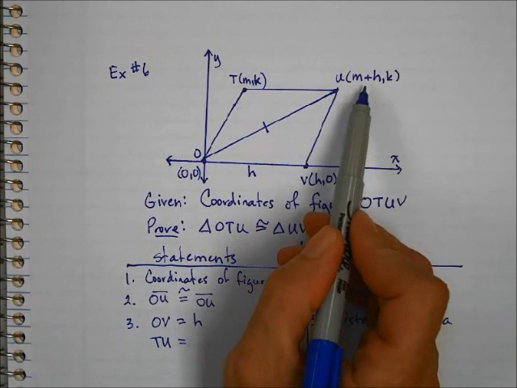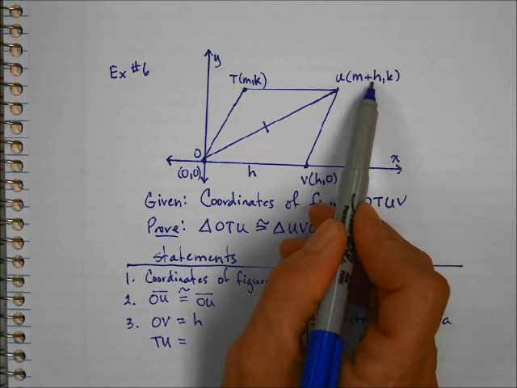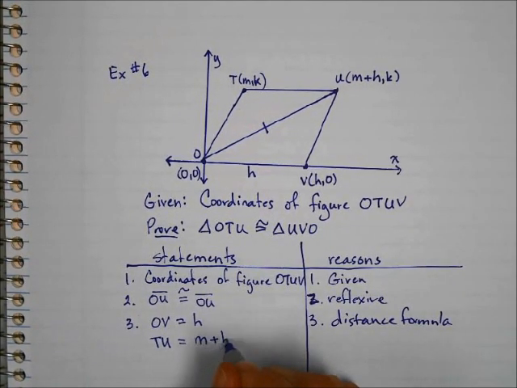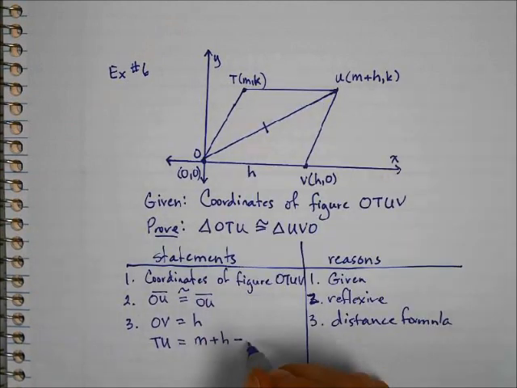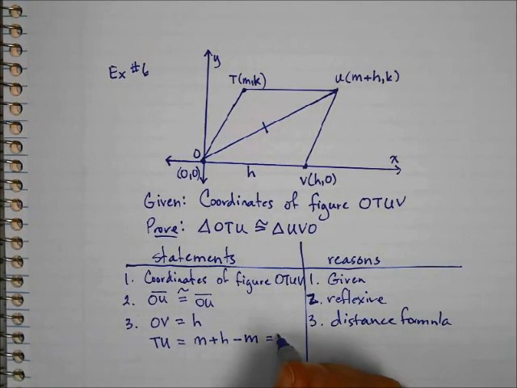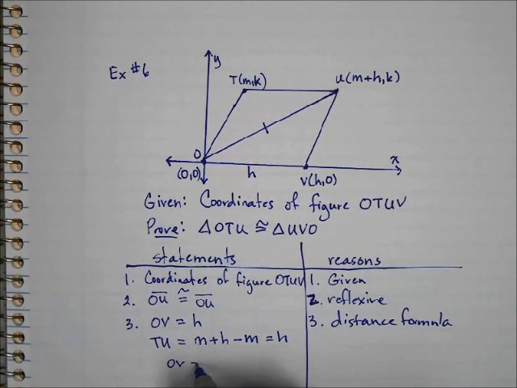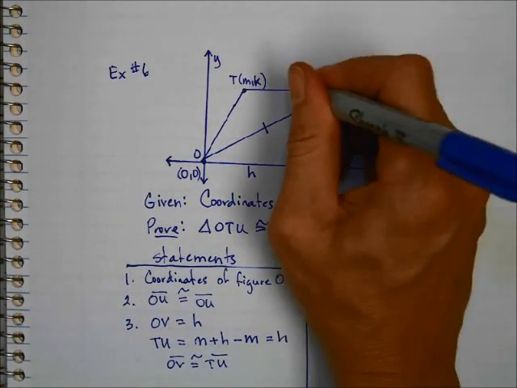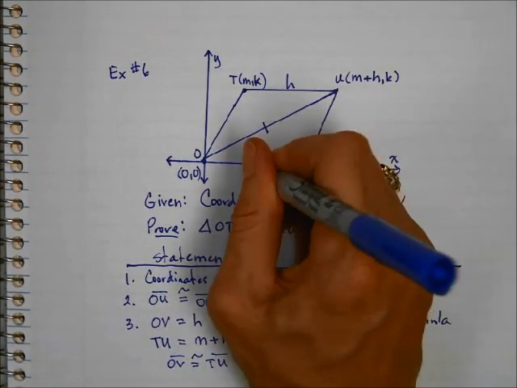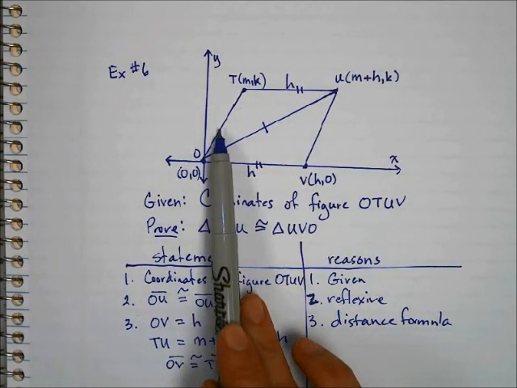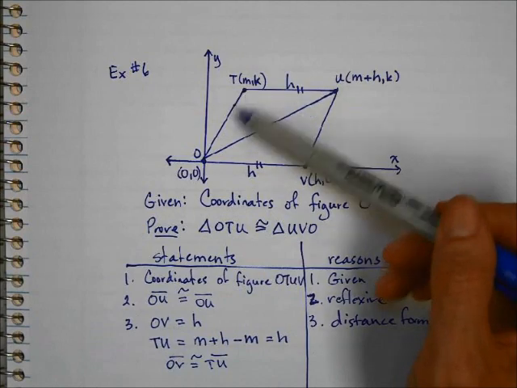So again, since it's horizontal, all I have to do is take this M plus H and subtract the M here. So M plus H, subtract this M, and that is going to be H. Okay, again, that's the distance formula. So what I've shown here is that OV is congruent to TU. Alright, I've proven that. They're both equal to H. So this line segment is congruent to this line segment. So now all I have to do is prove this one is congruent to this one, and now those are